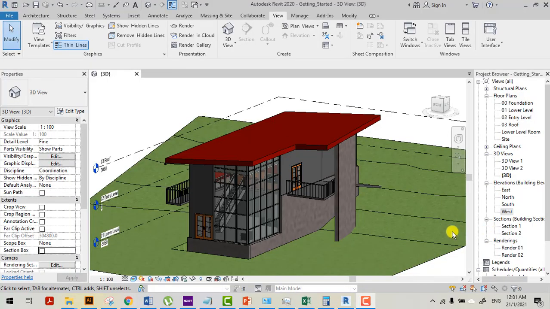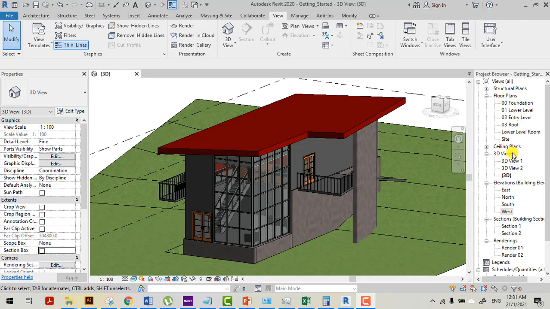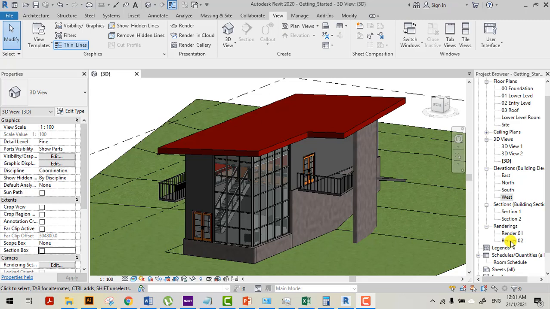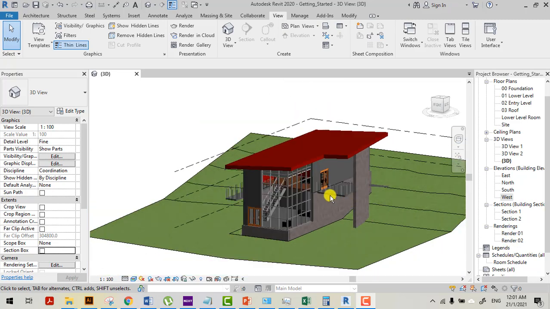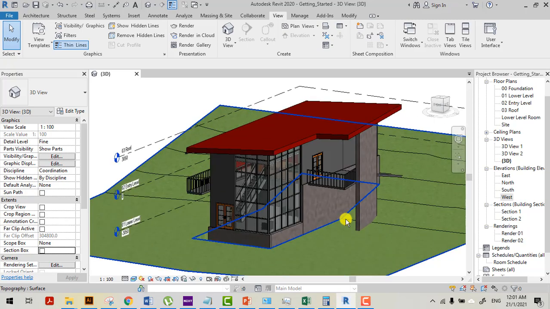So, kita akan bermula dengan how to create our sheets. Okay, so this tutorial is considered done. Alright, so we have all the things that we have drawn here, our floor plans, our ceiling plans, our 3D views, elevation, section, renderings, and some of our schedules. Alright, so when we're done, then we have to create the sheets, okay, to represent your drawings in a proper